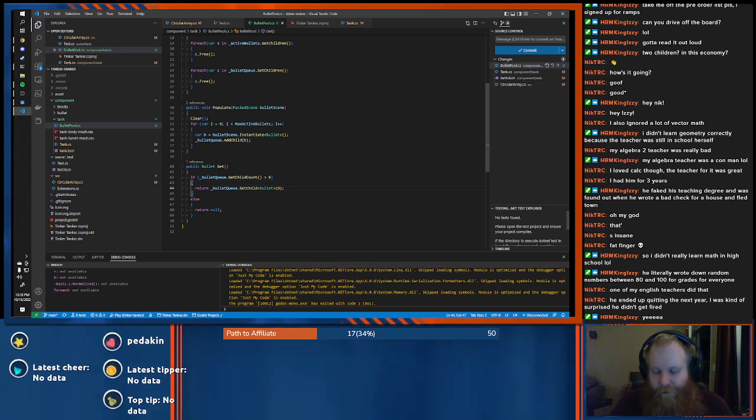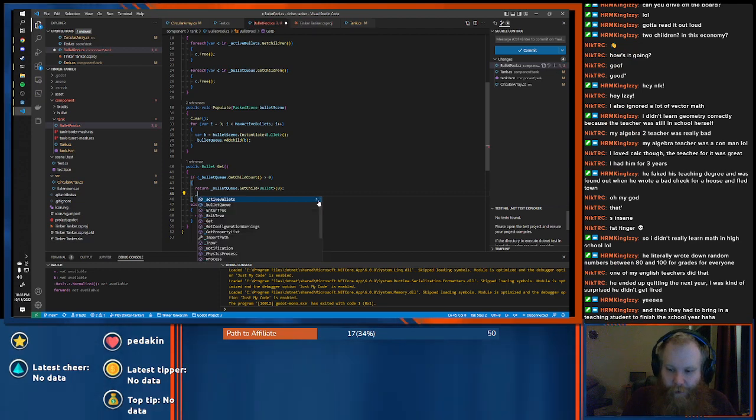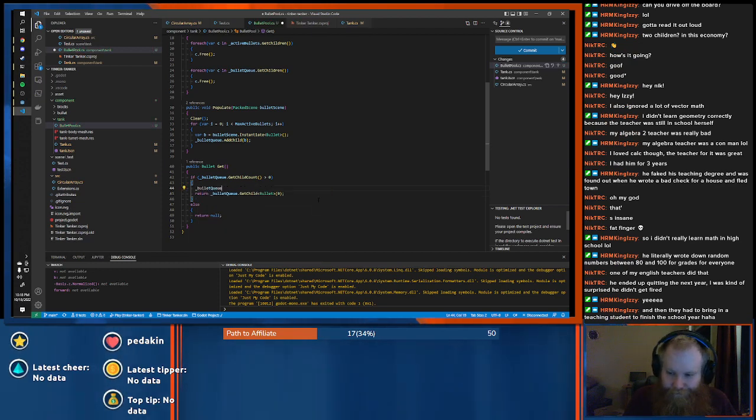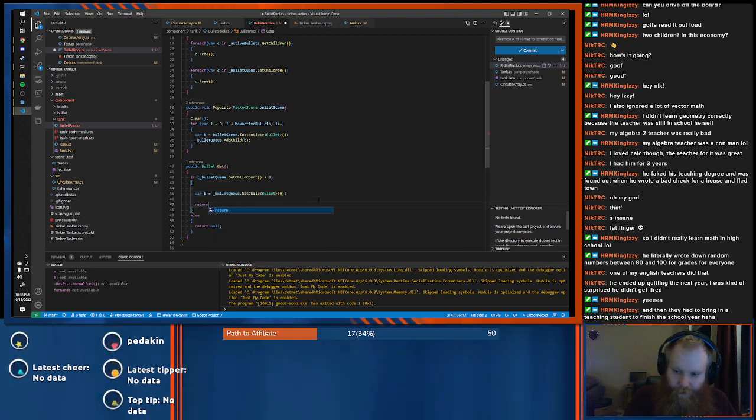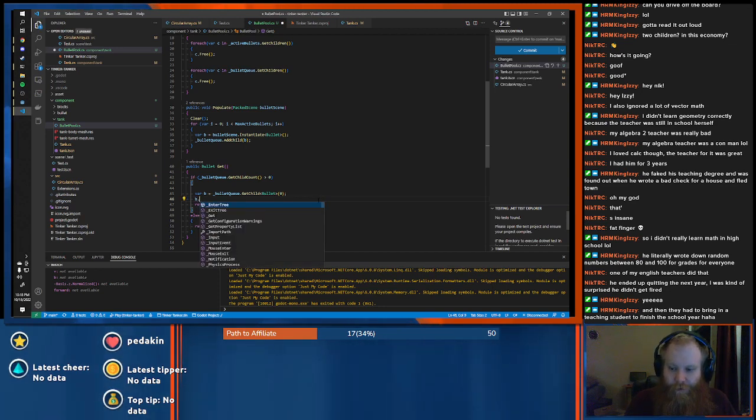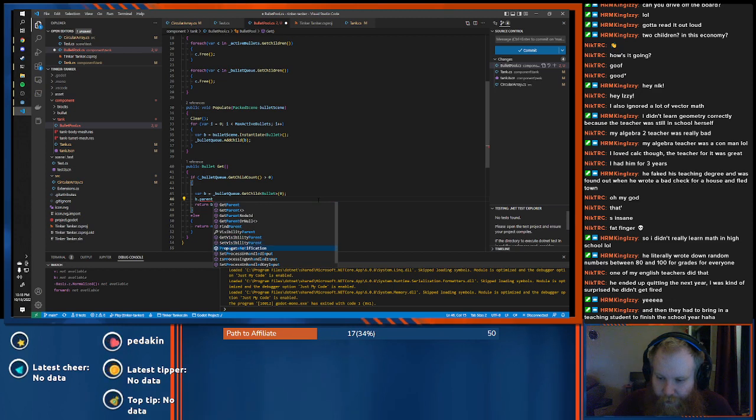Oh, also, I skipped a major thing here. We're going to do bullet queue. Well, we can't do that before return. We're going to do bullet queue dot, not bullet. What am I doing? So var b equals bullet queue dot get child and return b down here, but we have to move it from the bullet queue to the active bullets before we do anything else with it. So we're going to do bool reparent. Or is it change parent? There's a way to move.